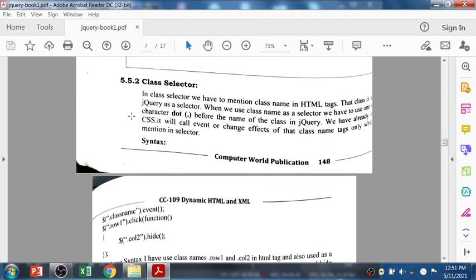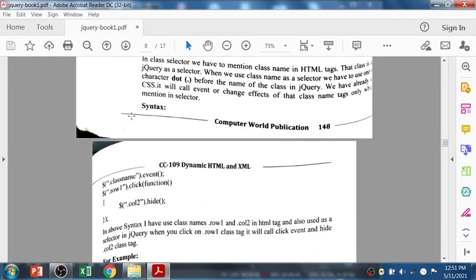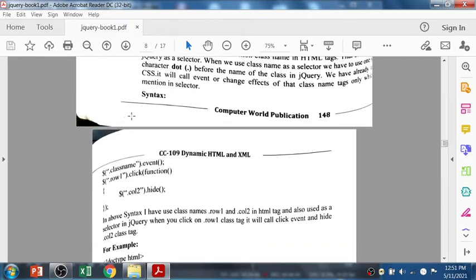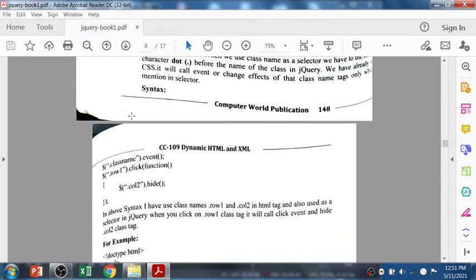I hope you already know the concept of class, because I discussed it in my earlier CSS video, so I am not going to discuss more about the class selector.